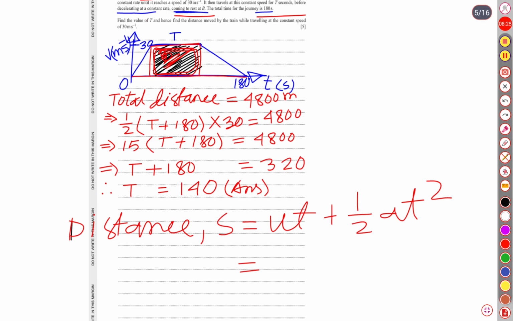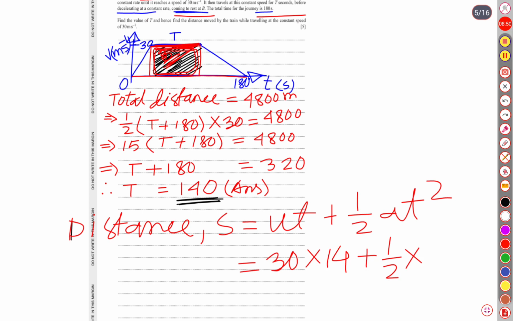Surely 30. So 30, and time. How long was the time? We have already obtained that the time is 140 seconds. Okay, so into 140 plus half of acceleration. Look at this, as the train was at this phase, at the second phase there are